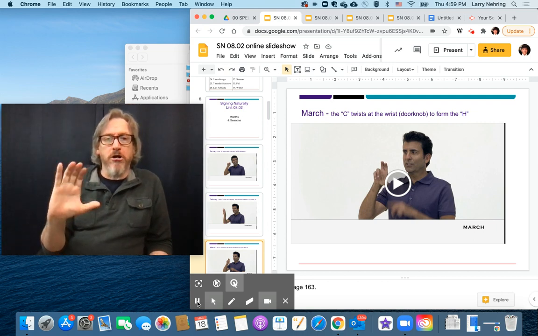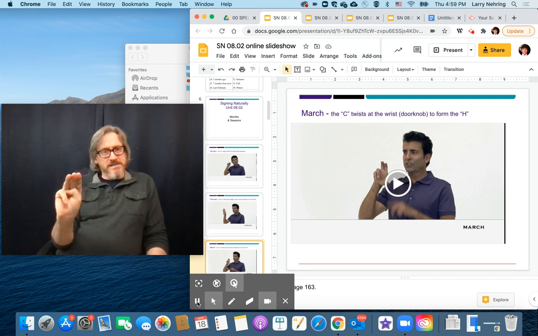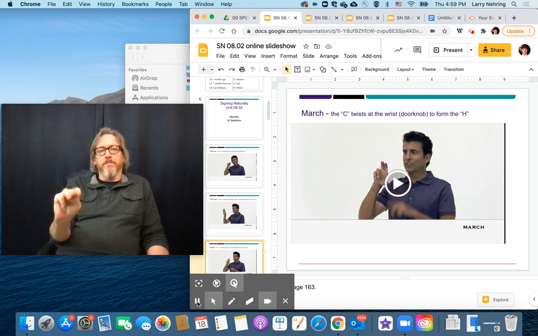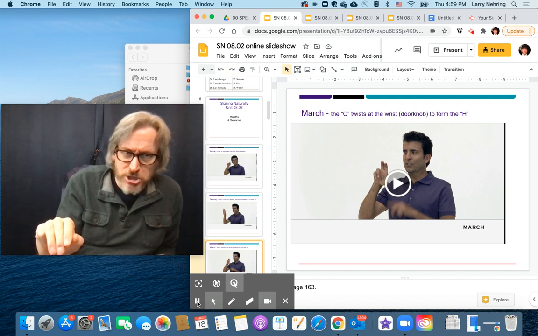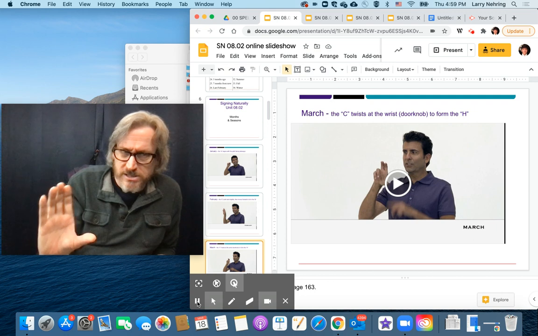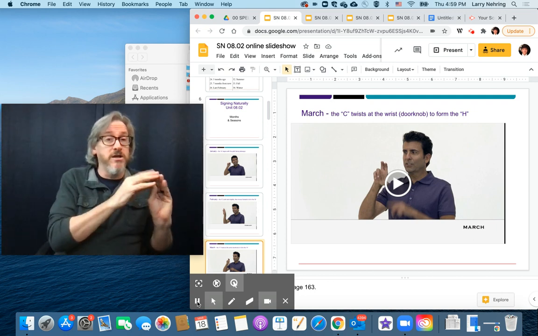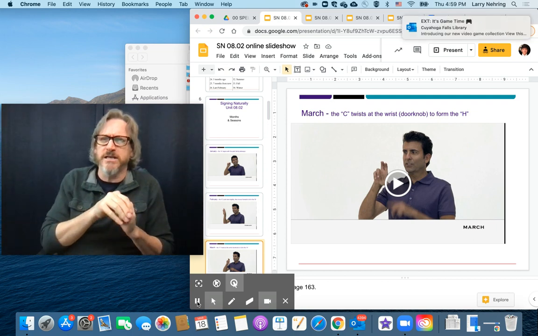March, M-A-R-C, and the C twists into the H. March. M. Try not to do an M like this, because it looks like Hunger Games. M-A-R, Mar. M-A-R moves pretty quickly, right? It's very little change to the A, up to the R, goes to the C, and then swivels into the H. As you start to practice this, letters will start to flow into one another. There are some weird combinations that aren't as easy, but